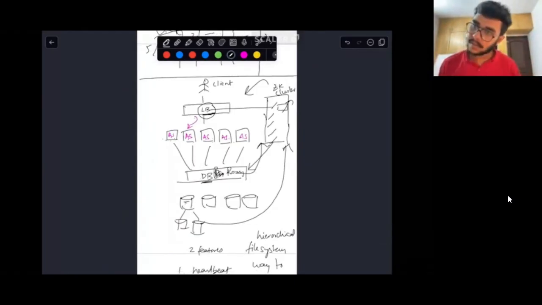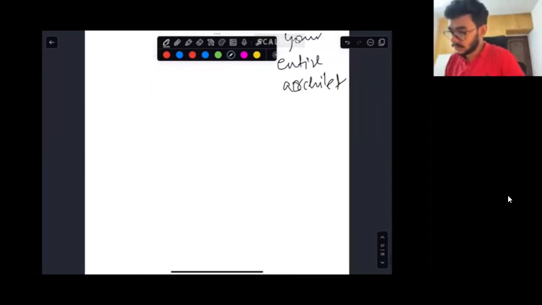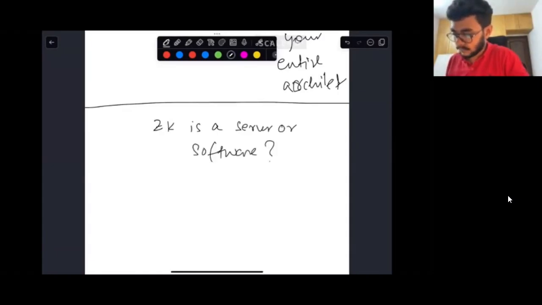Yeah, one more question. Is Zookeeper a software, or is Zookeeper a server? Just like the load balancer, it is completely clear that it is a server itself, and it will have some logic which will distribute the traffic. Similarly, is Zookeeper a server or software? Okay, wait. You made 2 sentences. I want to clear that.